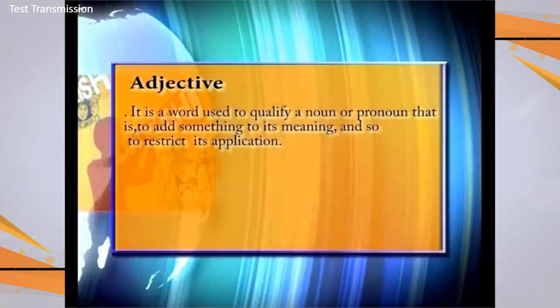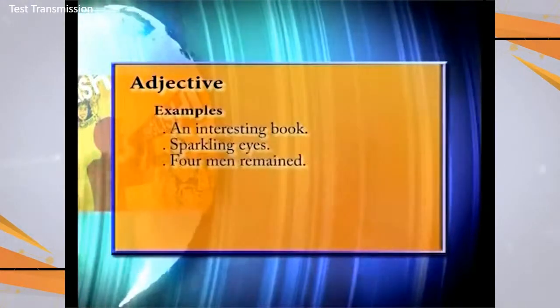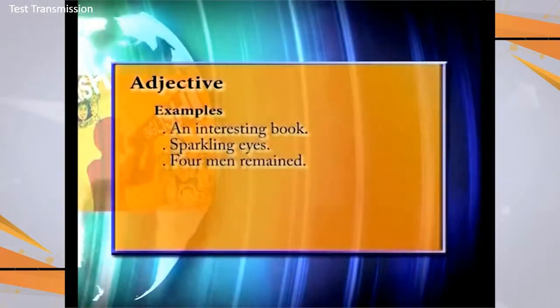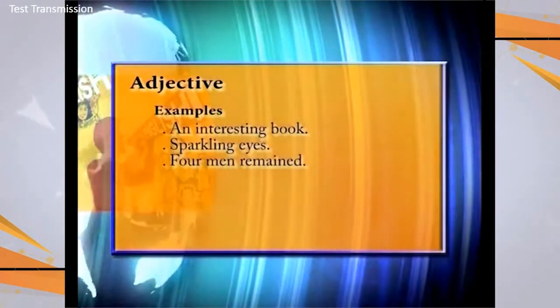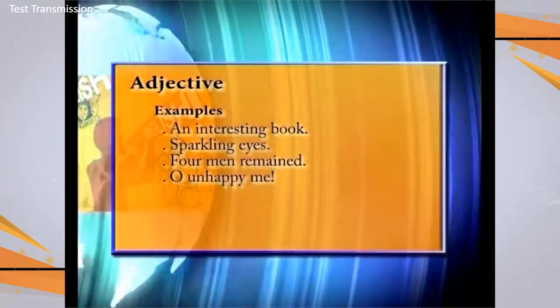Then we've got an important part of speech, that is adjective. It is a word used to qualify a noun. Interesting book. Here interesting is adjective and book is noun. Sparkling eyes, sparkling adjective, eyes noun. And then you've got one more example. This bridge is unsafe. Unsafe is again adjective. So we add er or est to certain adjectives which have got one syllable. For example, tall, hard, fast, long. You can see all of